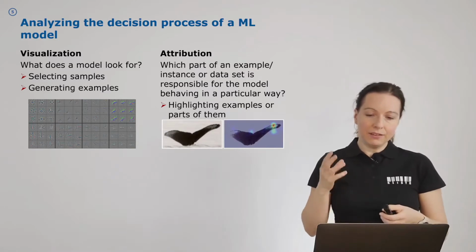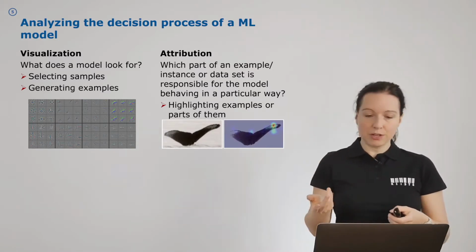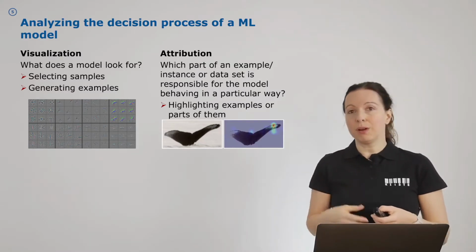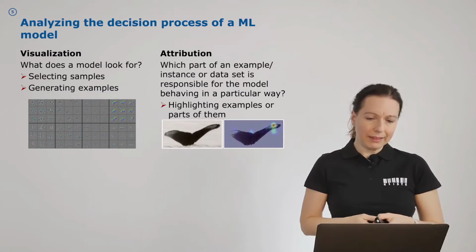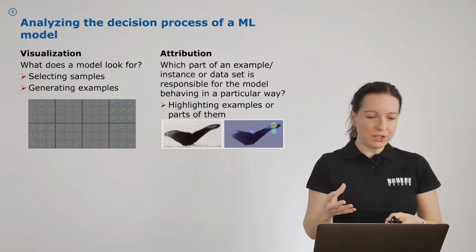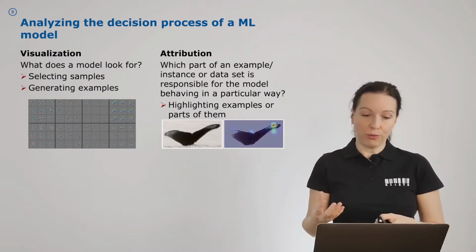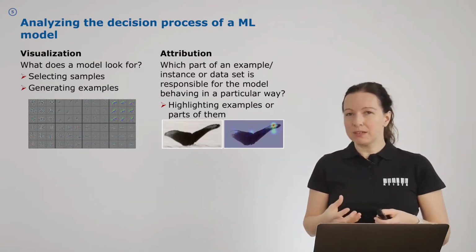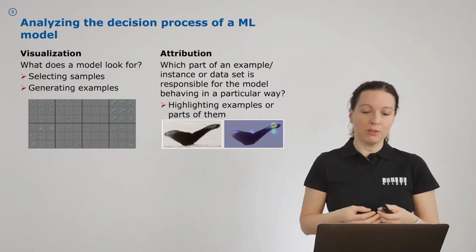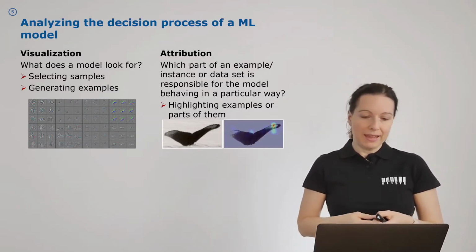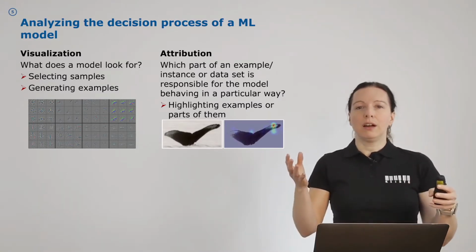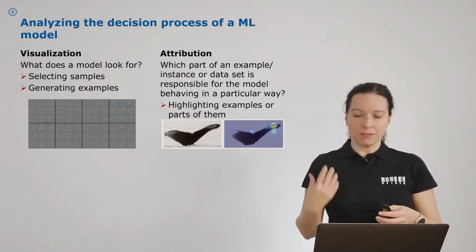But again, these two major active research directions are visualization, and the other one is attribution. And for the first one, you have a look at the question, what does a model look for? And here we select representative samples from the data set, or we generate, for instance, examples which lead to high activations. In the last lecture, we also talked about approaches like visualization of components like model weights or some filters,